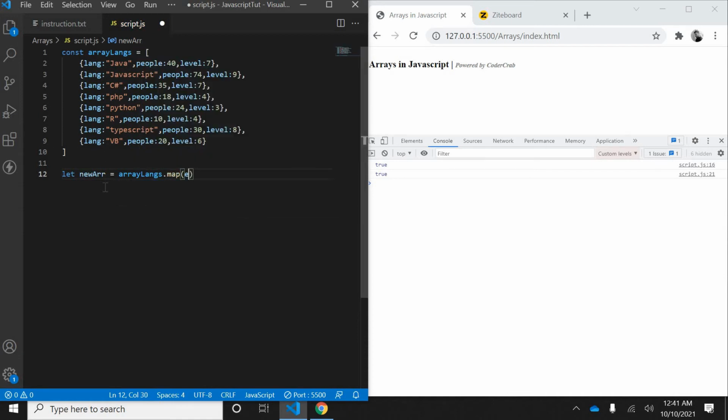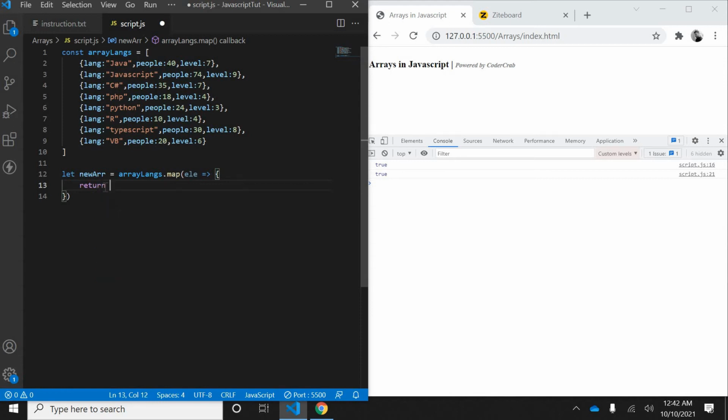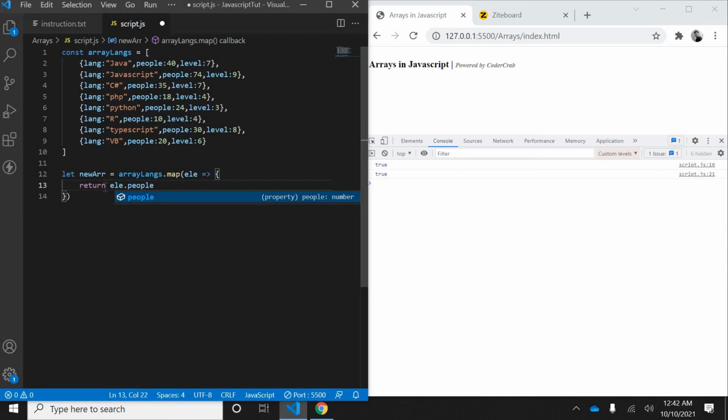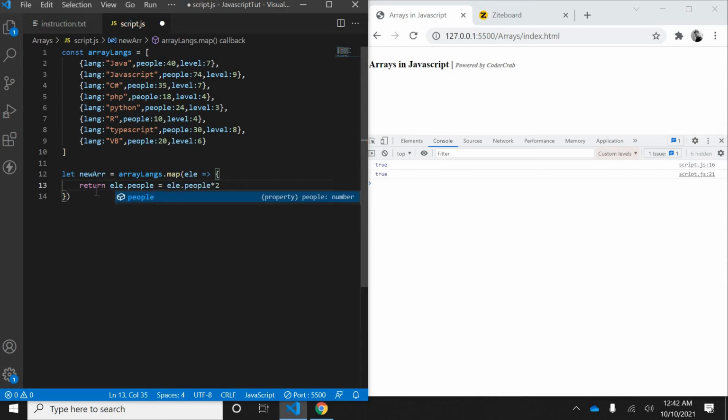As usual, I'll take ele and an arrow function, and inside this I'll just return the values to the new array with a multiplication of ele.people